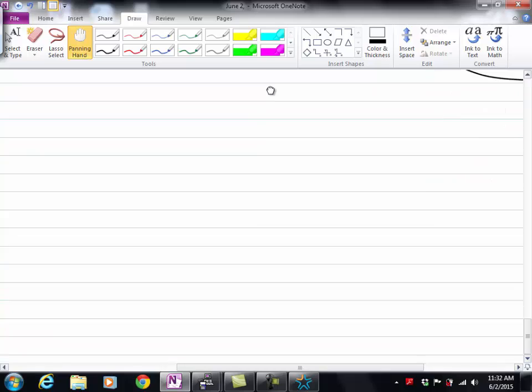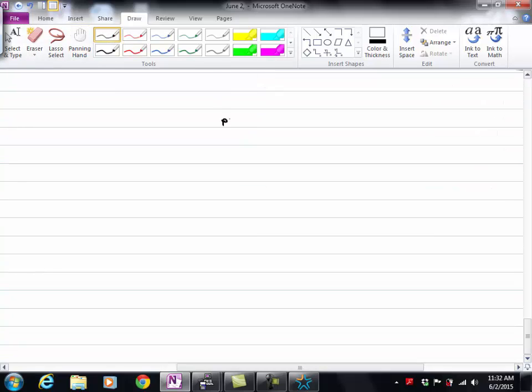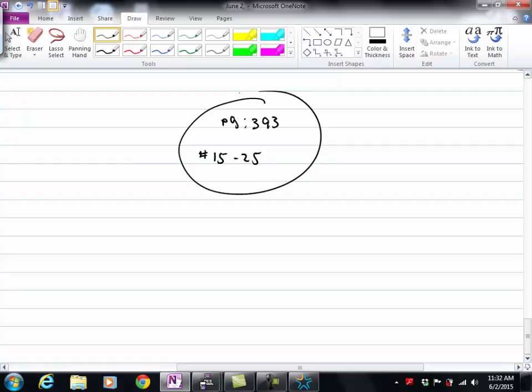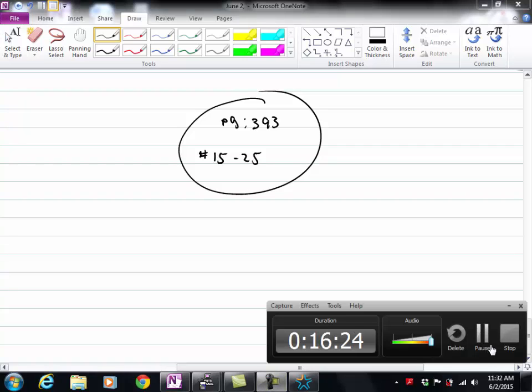Page 393. Numbers 15 to 25 odd. Please look at number 21. It says do not evaluate for some. They just want you to set it up because it's really long to evaluate some of them. 15 to 20 you should be able to evaluate. But for now, we are going to